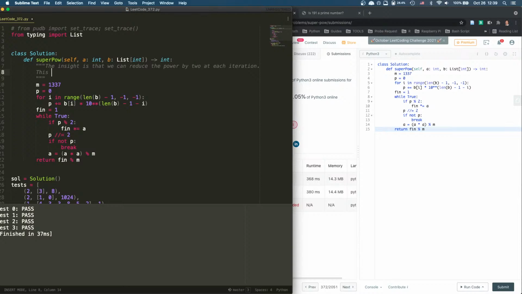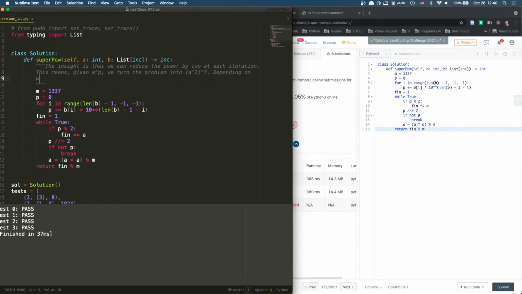Which means, given a to the p, we try to turn the problem into a squared, right, to some value. Turn to this,